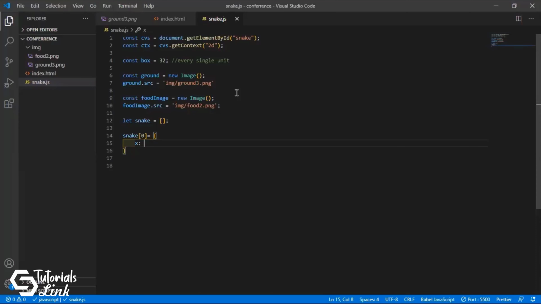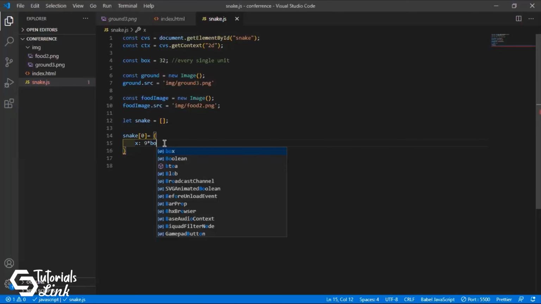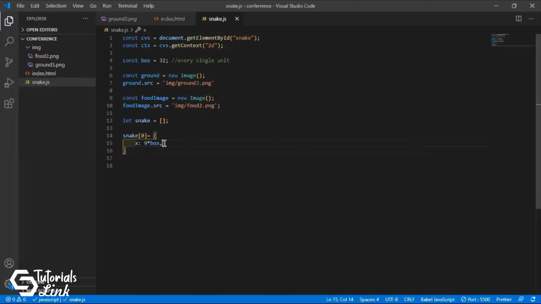I mentioned earlier that the maximum x value can get is 9 units of the boxes, so that will be 9 into the box, which is 32 bits. And also we will do this for y, but for y we have 10 boxes.